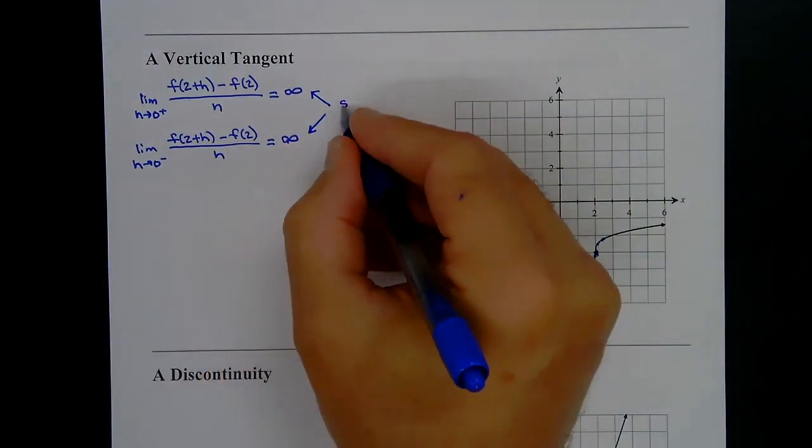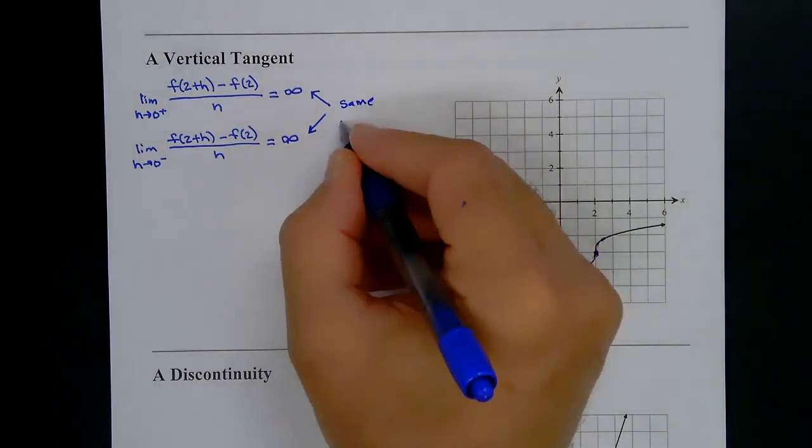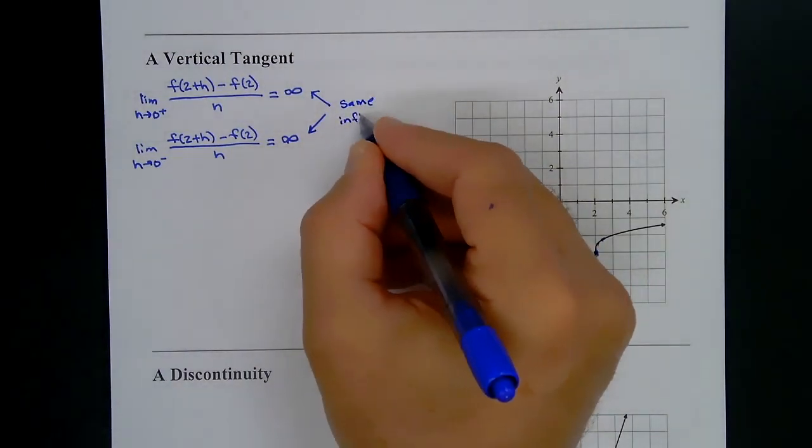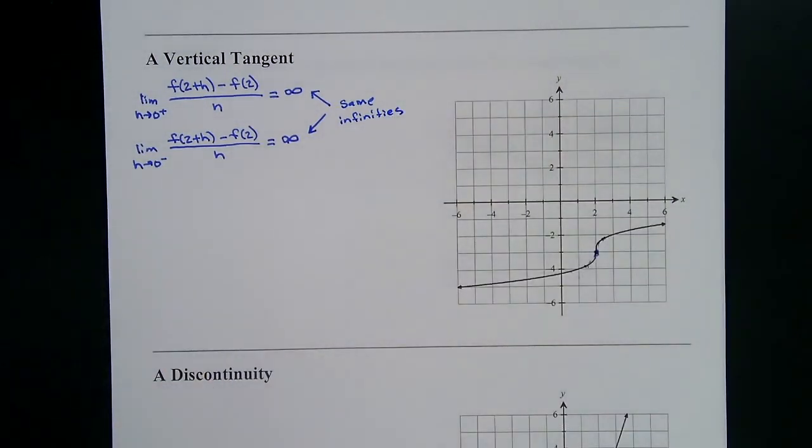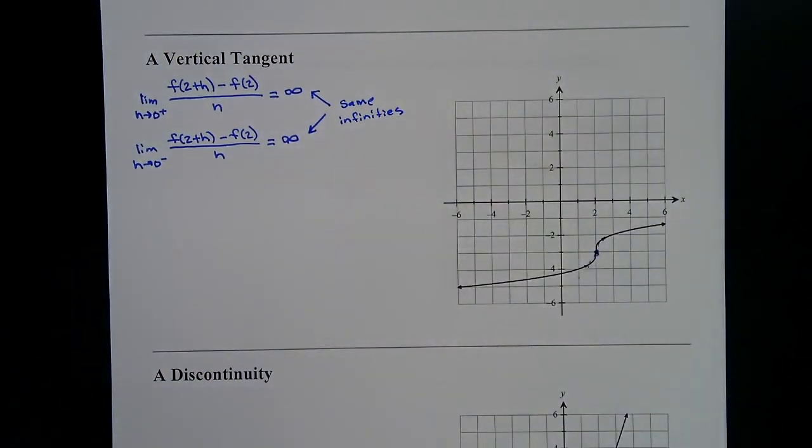So these are the same infinities. So same infinities, vertical tangent. Opposite infinities, cusp. Opposite number values, corner. One number value and the other one being infinity or negative infinity, that's also a corner. Okay, so a lot of times people have a tough time with the difference